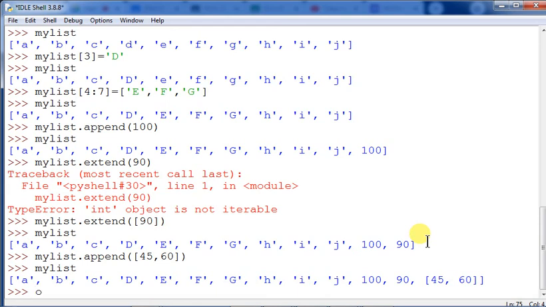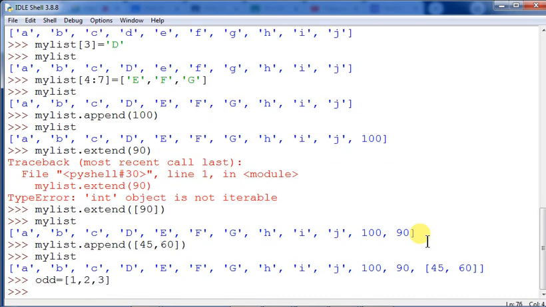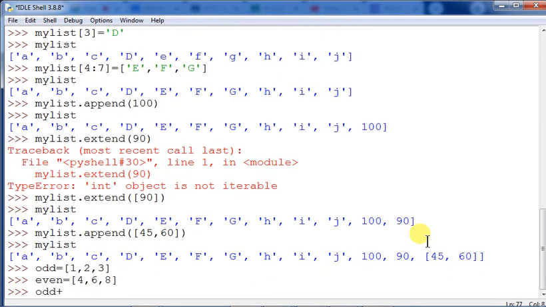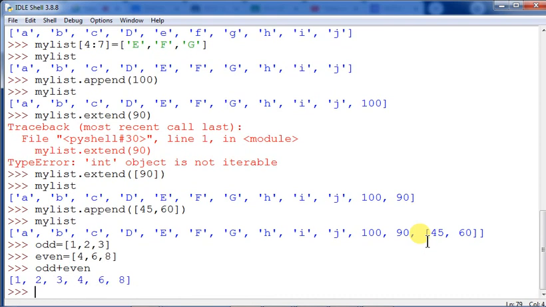Suppose you take one list which has 1 2 3, and you have another list, even, which has 4, 6, 8. Now you are doing odd plus even, and this is the concatenation. This way the lists can be concatenated.